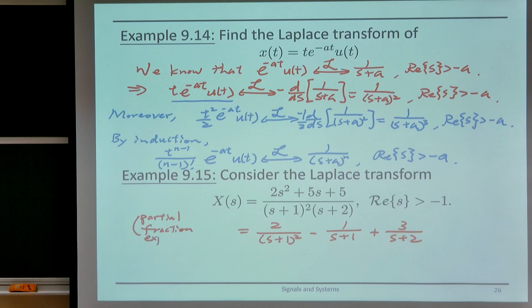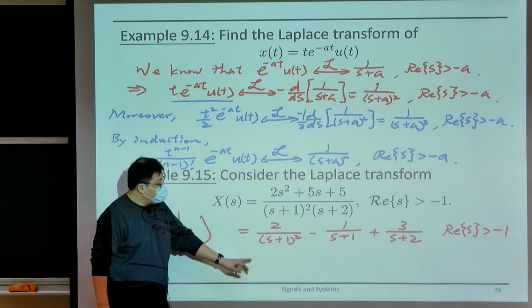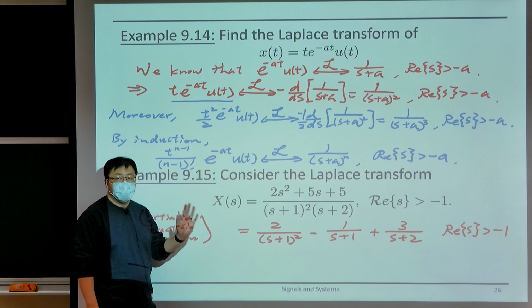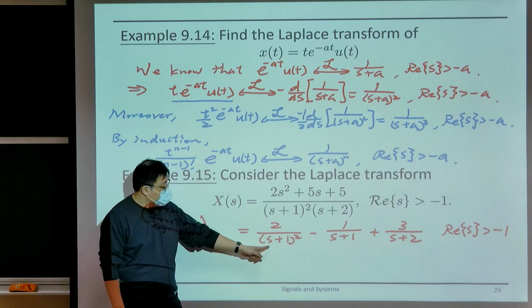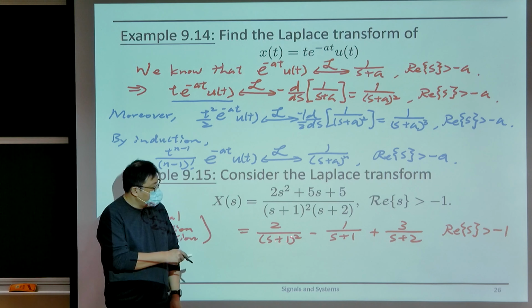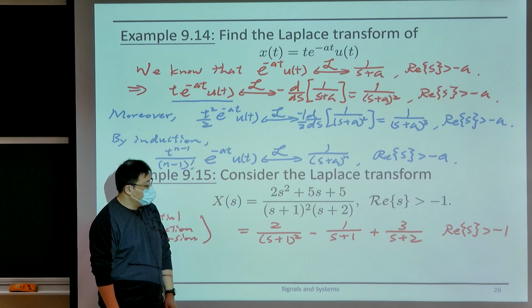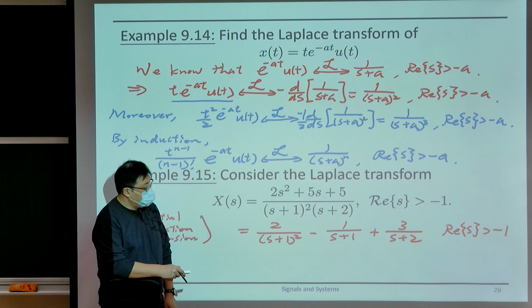Okay? And the region of convergence is the real part of s greater than minus 1. Now, for each one of these terms, you have two possibilities for the ROC, right? So for this term, you have actually two poles at minus 1. So the region of convergence can only be to the right of minus 1 or to the left of minus 1. Similar for this. And for this, it can be to the right of minus 2 or to the left